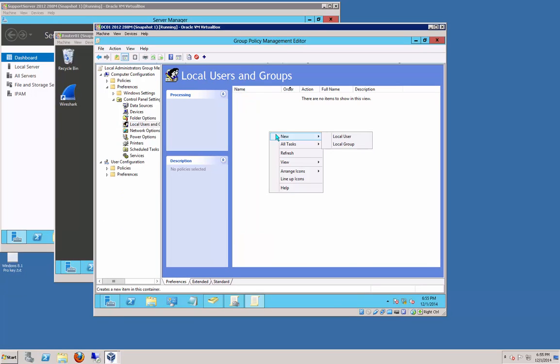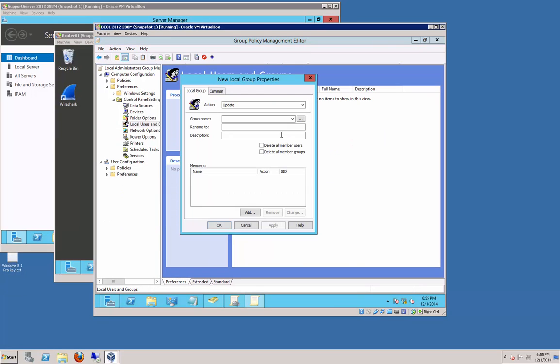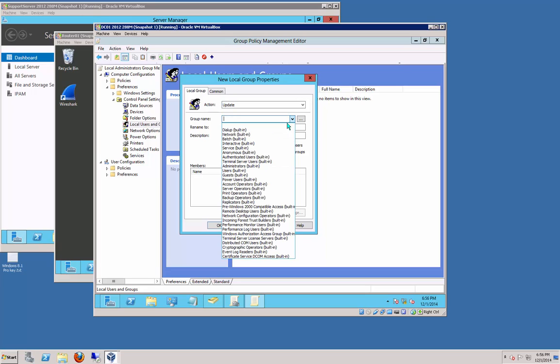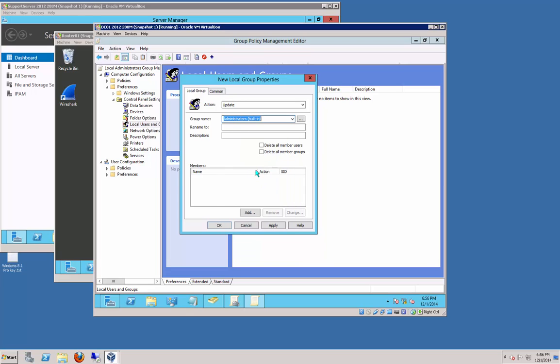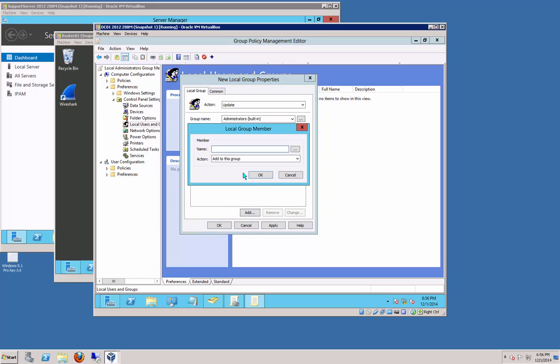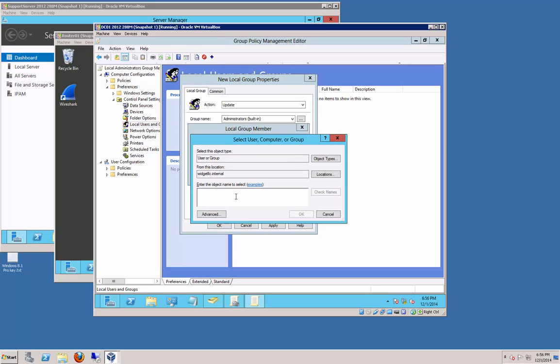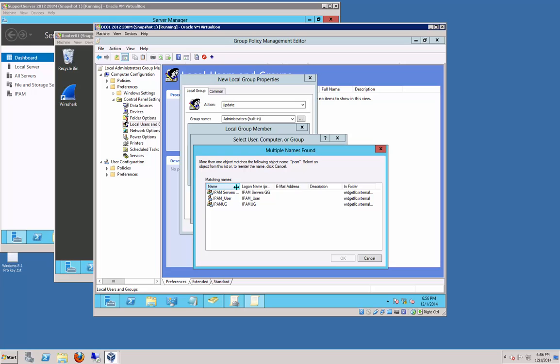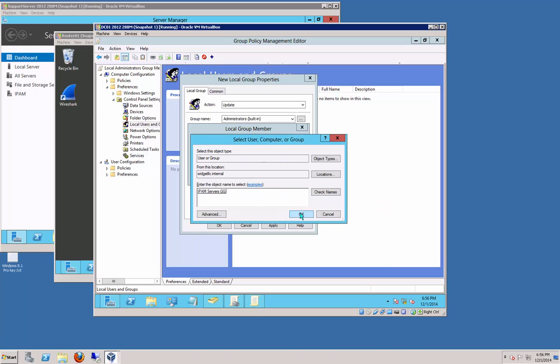So let's go ahead and create a new local group. And we'll leave the action set to update. Hit the drop-down list and choose the administrators built in. Now we'll click under Members, we'll click Add, and we're going to add that new group that we just created. And just go ahead and type in IPAM and just hit check name, and there is our IPAM servers GG group. So go ahead and click OK,